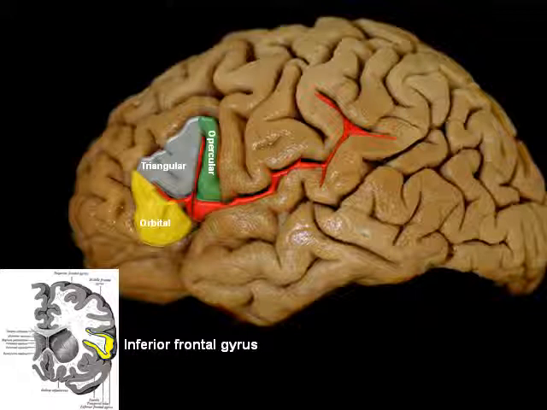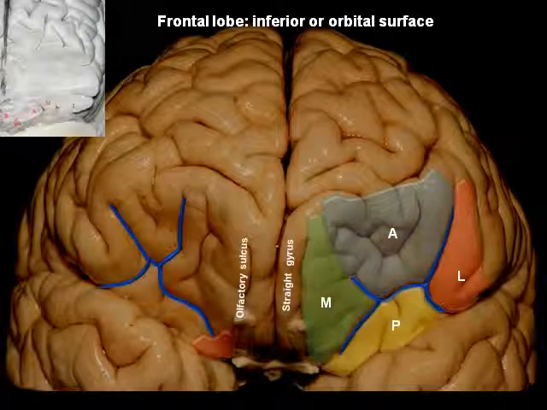The inferior or orbital surface of the frontal lobe is concave and rests on the orbital plate of the frontal bone. It is divided into four orbital gyri by a well-marked H-shaped orbital sulcus. These are named from their position the medial, anterior, lateral, and posterior orbital gyri. The medial orbital gyrus presents a well-marked anterior-posterior sulcus, the olfactory sulcus, for the olfactory tract. The portion medial to this is termed the straight gyrus and is continuous with the superior frontal gyrus on the